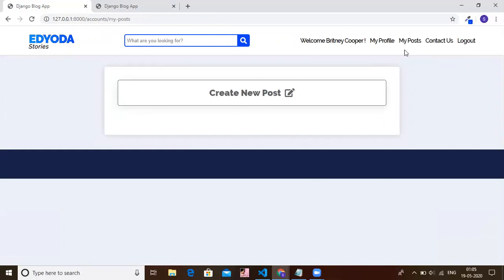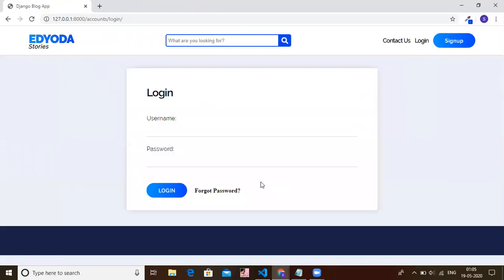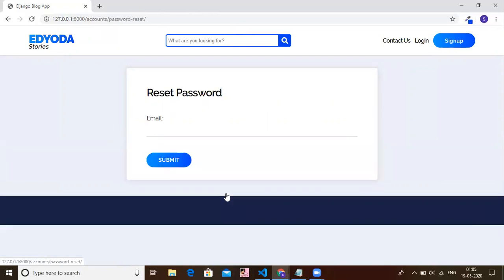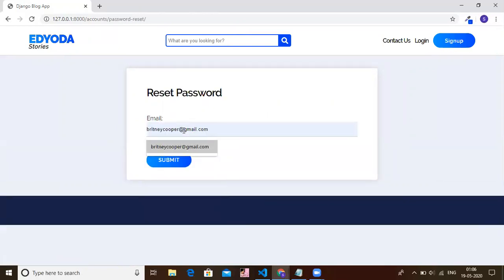Now finally, let's also take a look at, let's say, a user forgets the password for their account. So what they can do is, I'll quickly log out. They can go over to this login form, and here we are giving an option that says forgot password. So they can click over here, enter their email over here and click on submit.